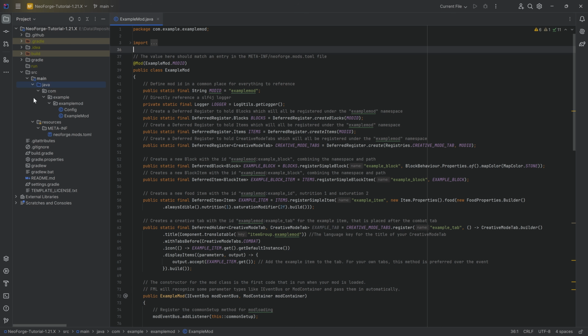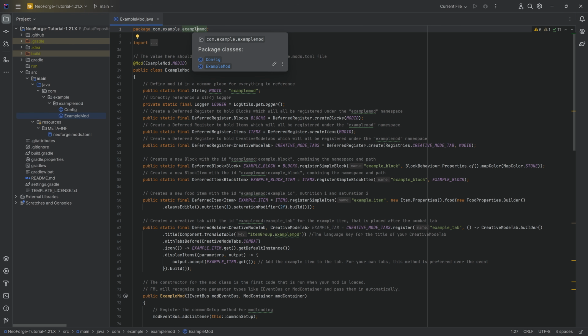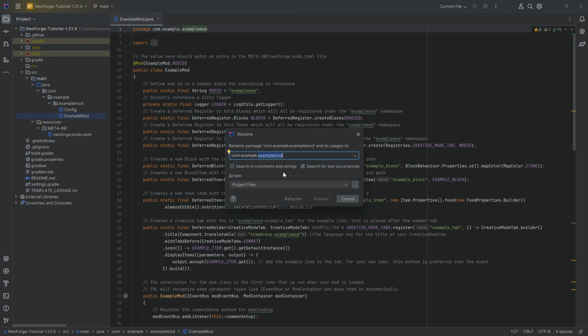So on the left side, you can see the project structure. This is basically your folder structure for your custom project. You can see that everything is under Java, and then right now it's under com example mod. This is going to change. The name example mod is going to change, and a couple of other things will change too. So the first thing we'll do in this case is we will click on example mod right here at the top over here on the package, and we're going to click on this, press Shift F6, then a new rename window should appear. Now I want to rename this completely, and I will rename this to